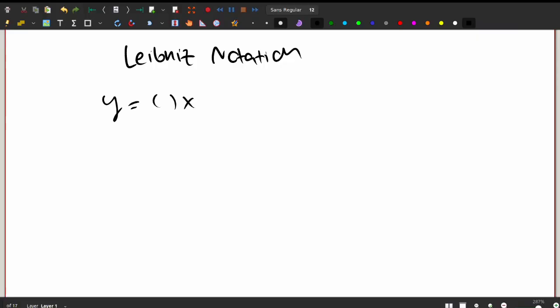Let's talk about implicit differentiation, but really quickly, let's discuss Leibniz notation. So this is the standard way of writing derivatives, and this is how it works. If I have a function y that is something in terms of x, the derivative of y with respect to x, meaning this is the variable that's undergoing all the processes of differentiation, which we would normally write as y prime, or y prime of x if we wanted to be precise, will be written in Leibniz notation as dy